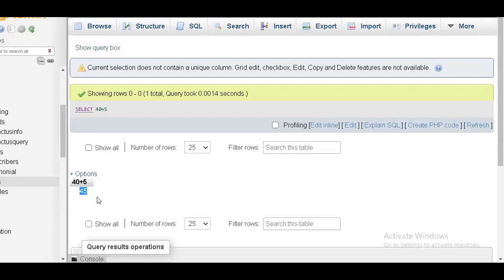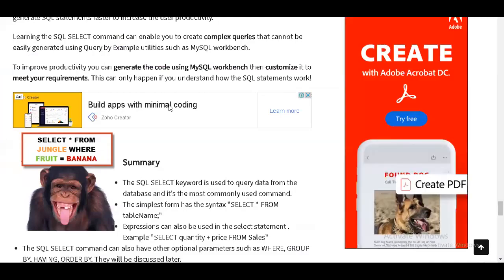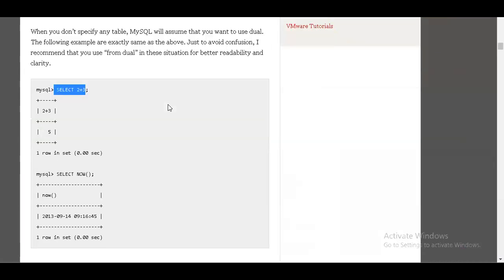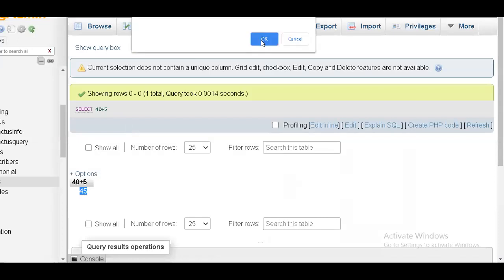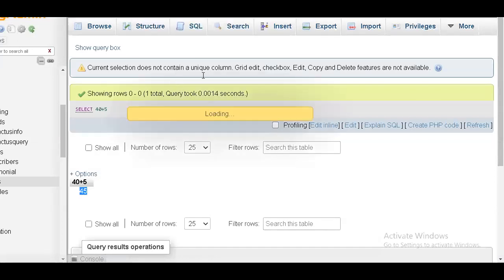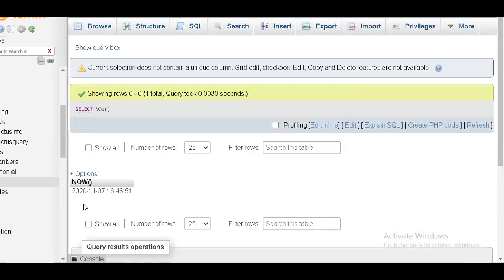These are all non-existing tables, as we just saw in the definition: it is a non-existing table, so directly it takes from the dual. Now I can say there is no need to write dual either. I can simply specify now, and if I enter it, I can see the date and time.